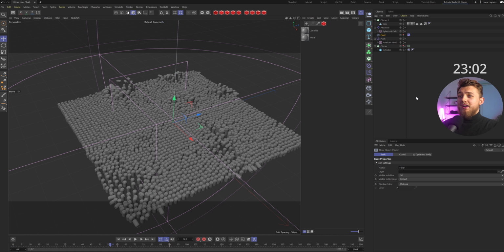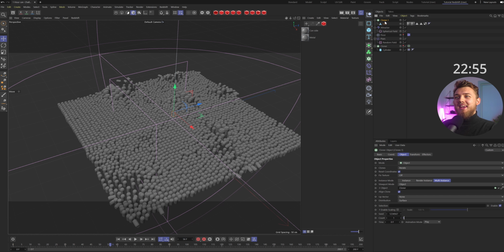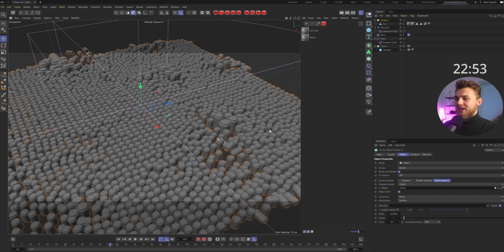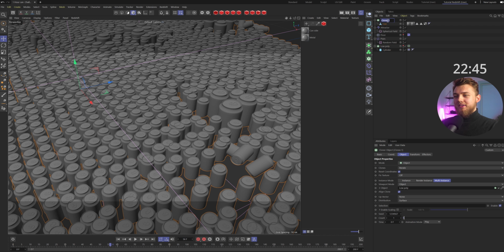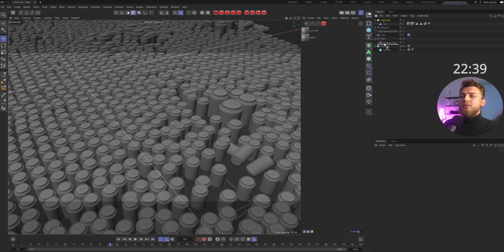Alright, so I've just made a high poly cloner, and I have cloned out the high poly object to the low poly object down here. So this is the low poly, and this is the high poly. Alright, so